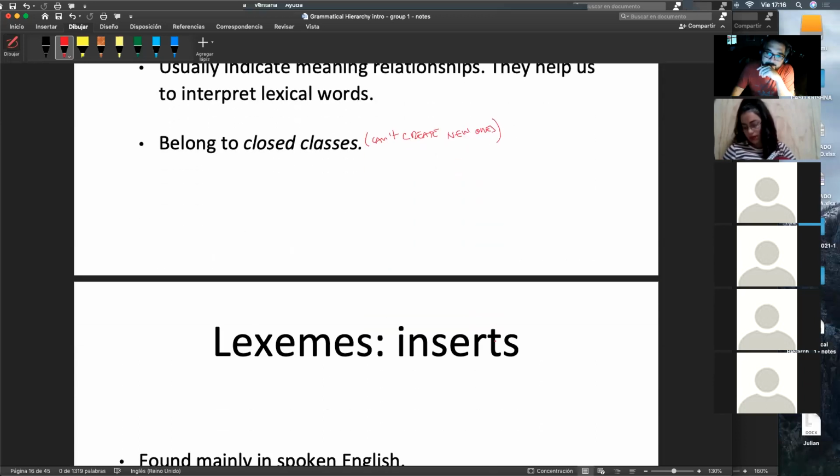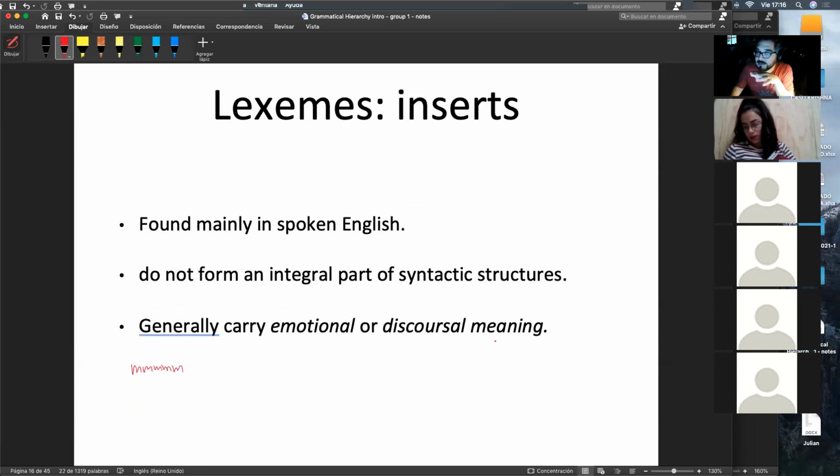Finally, the inserts. They are found mainly in spoken English, and they do not form an integral part of any syntactic structure, because they are just used in order to express emotional or discursive meaning. One example of that is the sound "so". If you say, which one do you like? Do you like this or this another one? And the other person answers,